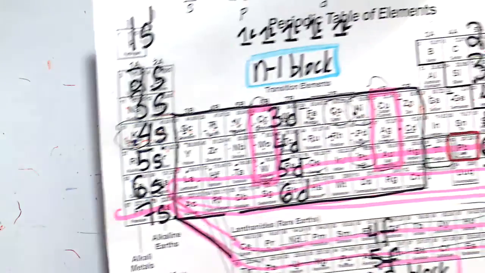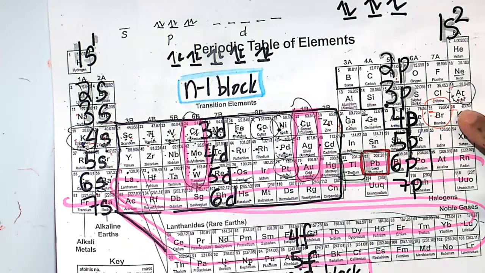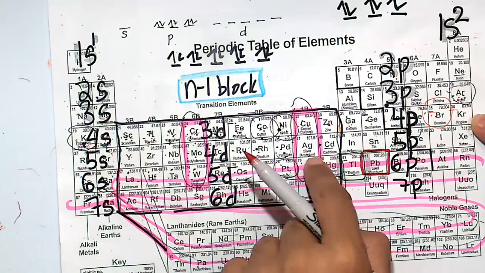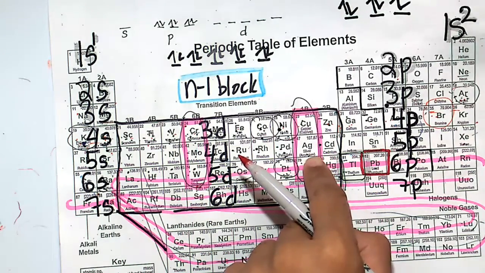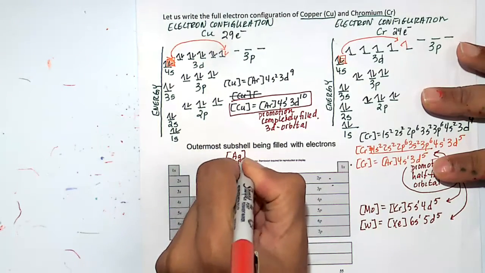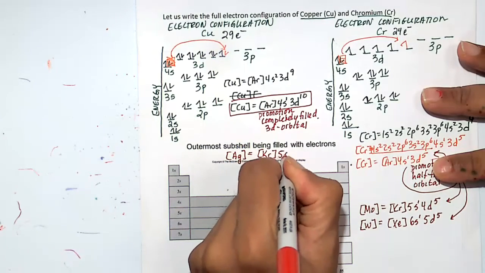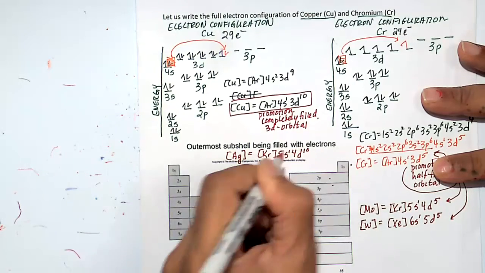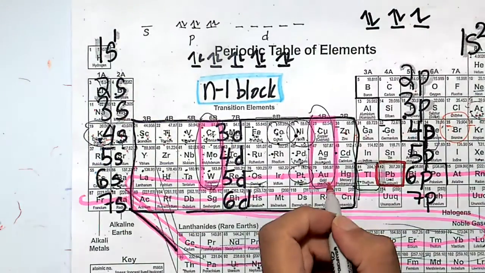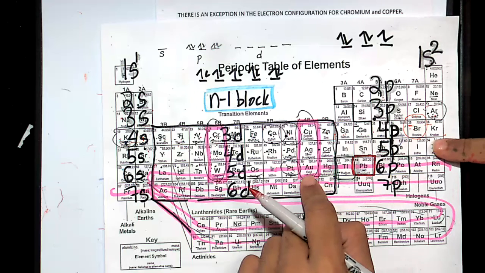Having said that, we can do the exact same scenario for silver and gold. Let's do silver. Everyone watch. Silver is going to be krypton 5s1 4d10, self-promotion. So silver, along the same ideology, is going to be krypton 5s1 4d10. Everyone see that? And for gold, Au, gold is going to be xenon